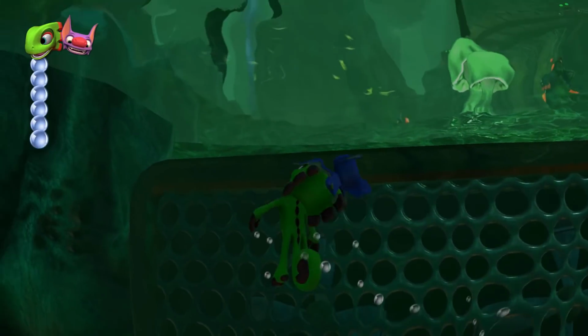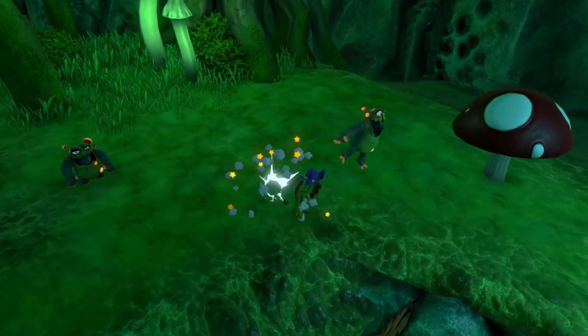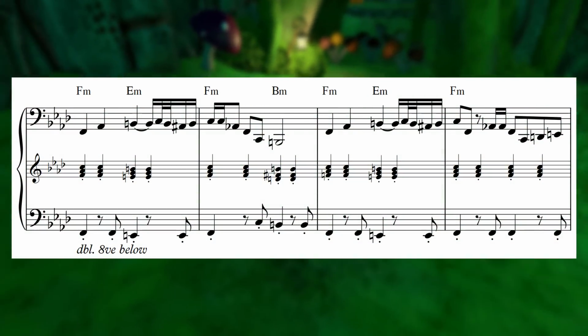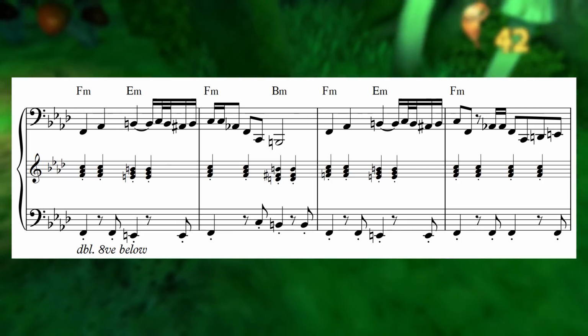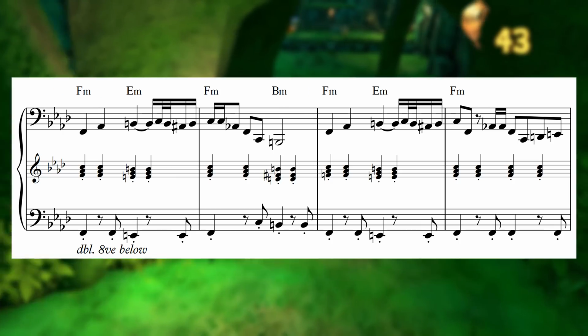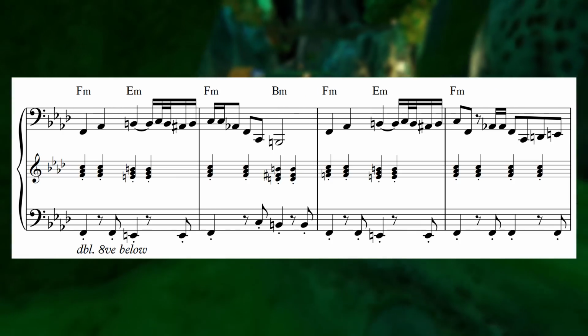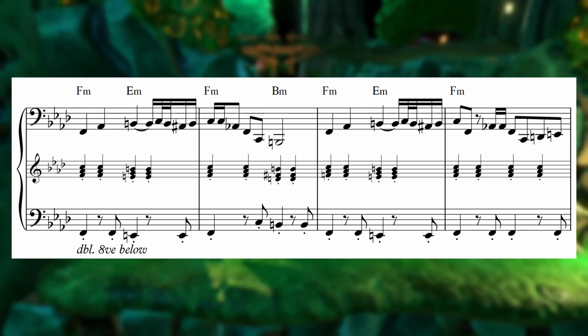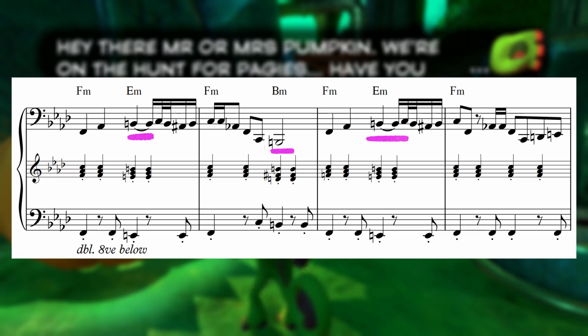In Moody Marsh from Yooka-Laylee, the harmonic twists and turns are taken to the extreme. We're in the key of F minor now, with slow string stabs and a low bass clarinet melody creating a kind of silly, kind of spooky atmosphere. Think haunted house ride vibes. The melody makes heavy use of the note a tritone away from the root, dropping a big fat B natural on beat 3 of each of the first 3 bars of the main theme.